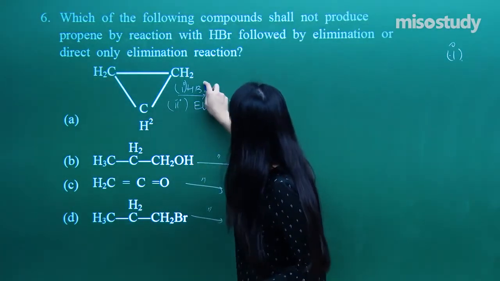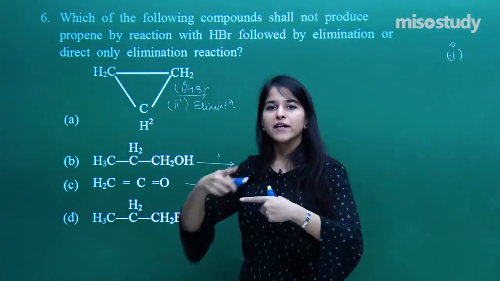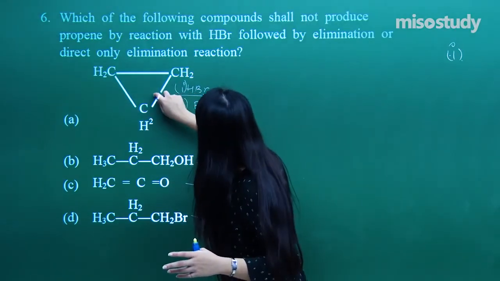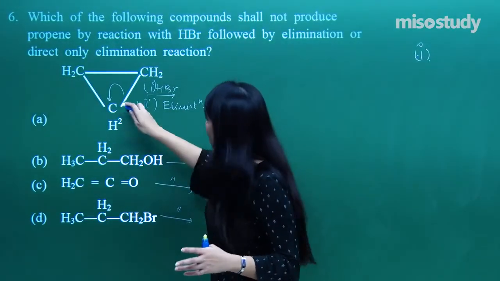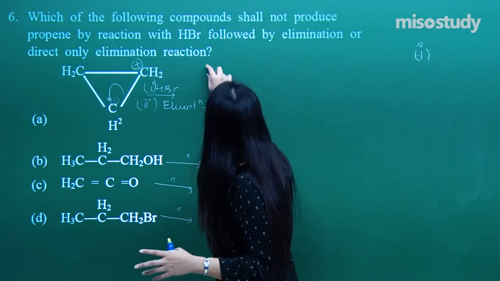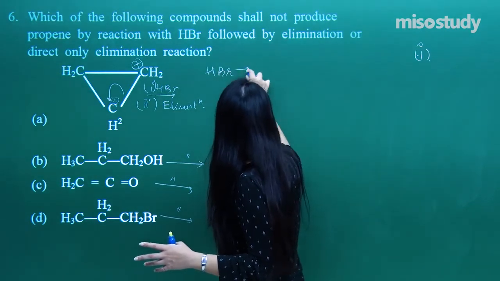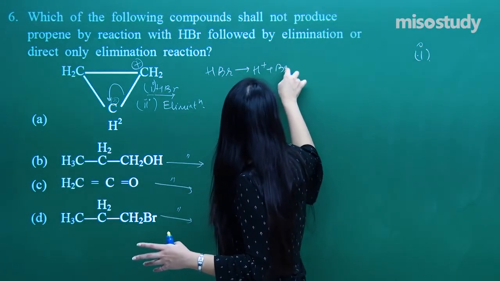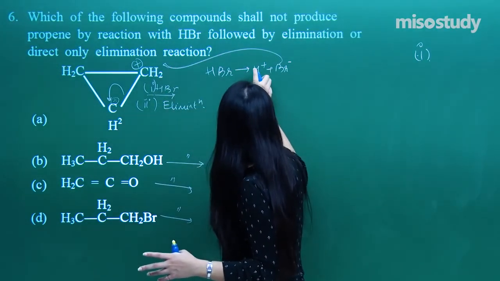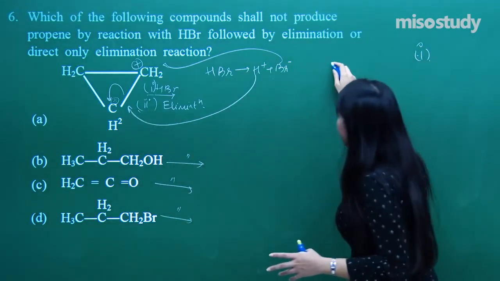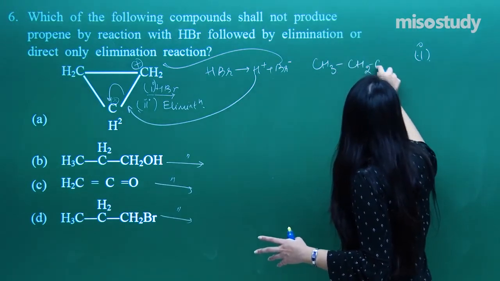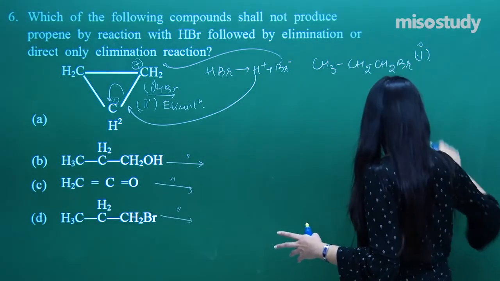So this cyclopropane ring will be breaking, on either of the sides. Let us just break over here. So what do I have? A negative here, a positive obtained here. HBr will be breaking into H positive plus Br negative. So on the positive the Br gets attached, and on to the negative the H gets attached. What do I get? I get CH3, CH2, CH2, Br. So that is the first one.